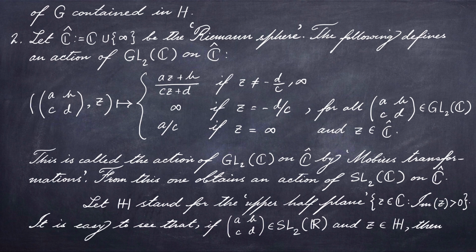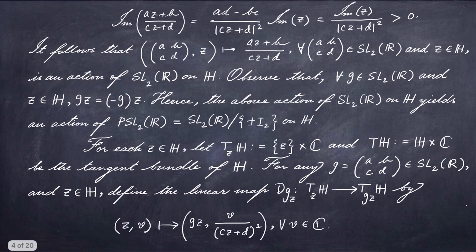It is now easy to see that for any 2x2 invertible real matrix and a point z in the upper half plane, if we look at the imaginary part of (az+b)/(cz+d), then it's a routine verification that the imaginary part is the imaginary part of z divided by |cz+d| squared,